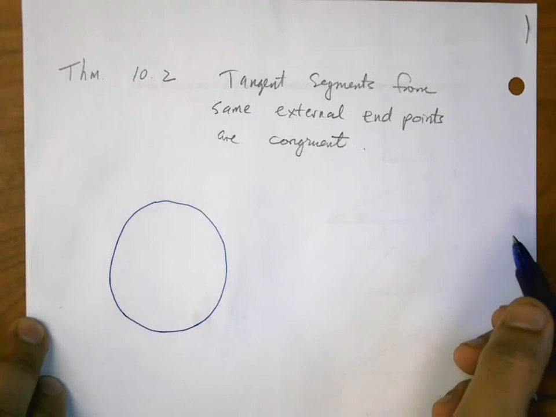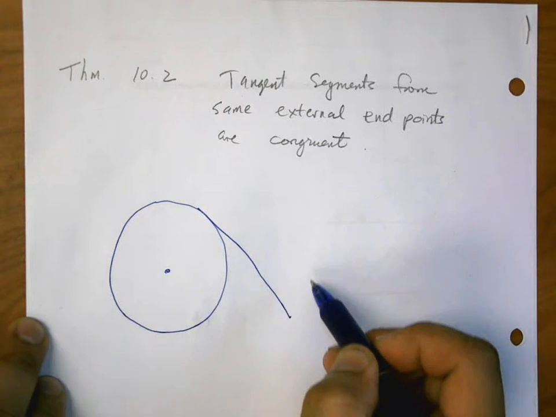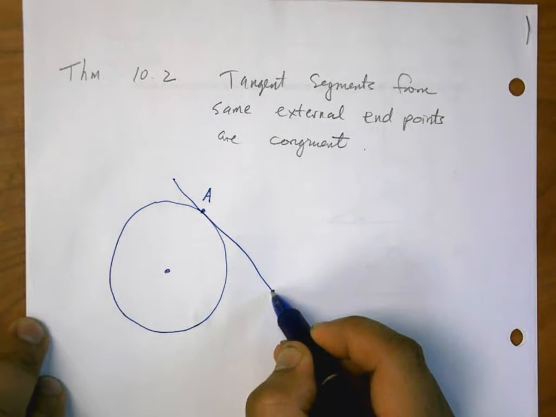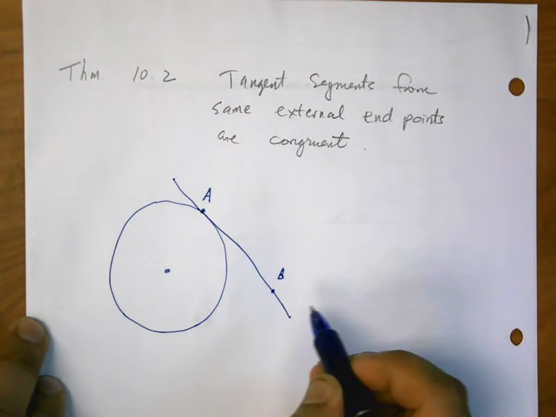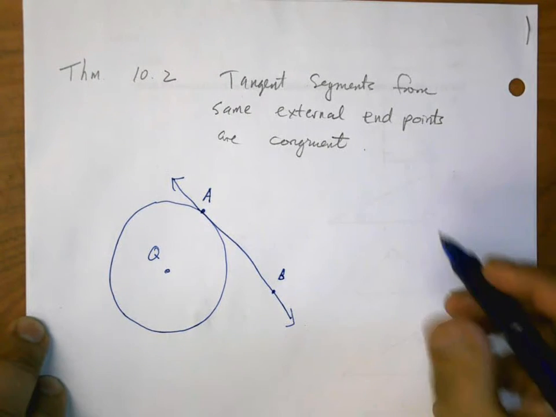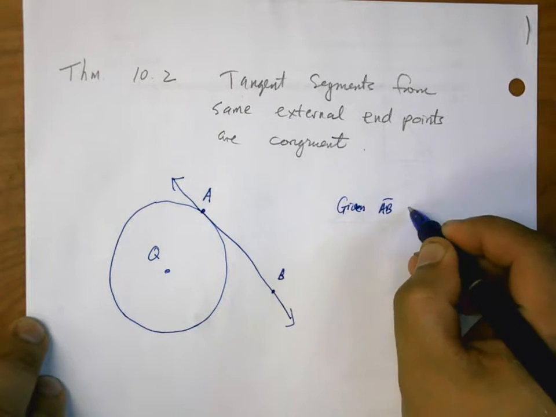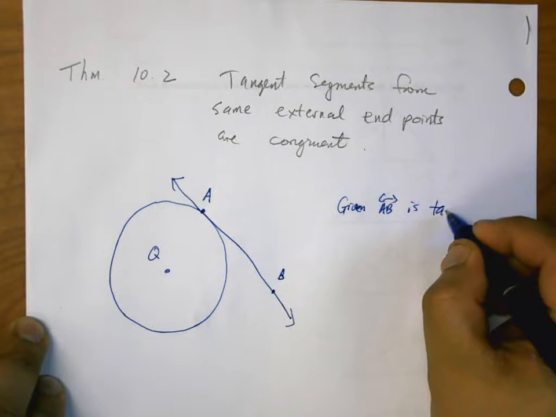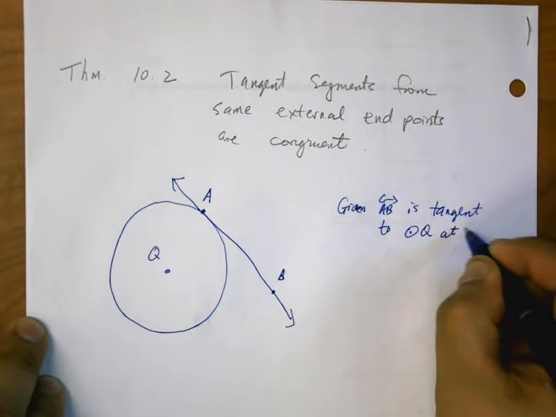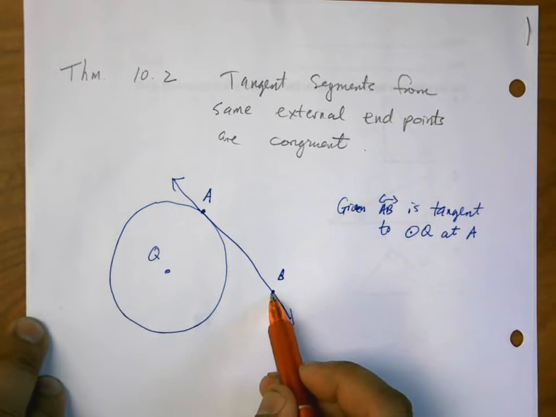So it always helps to have a picture. So let's say you have that circle here, and then you have this is a tangent. Let's call this line here AB, and let's say this is Q. So given AB is tangent to circle Q at A, alrighty, and let's say you have another tangent